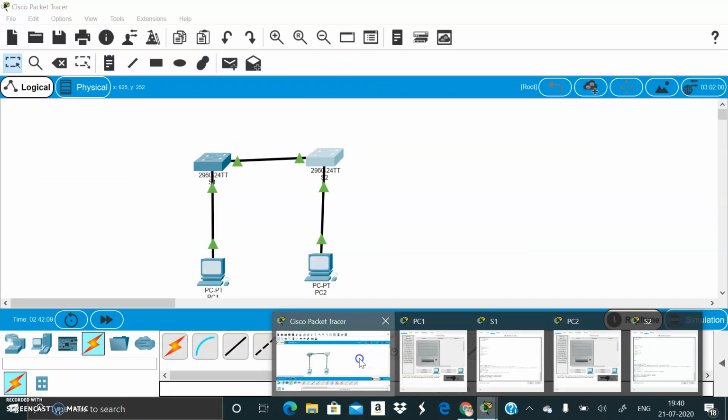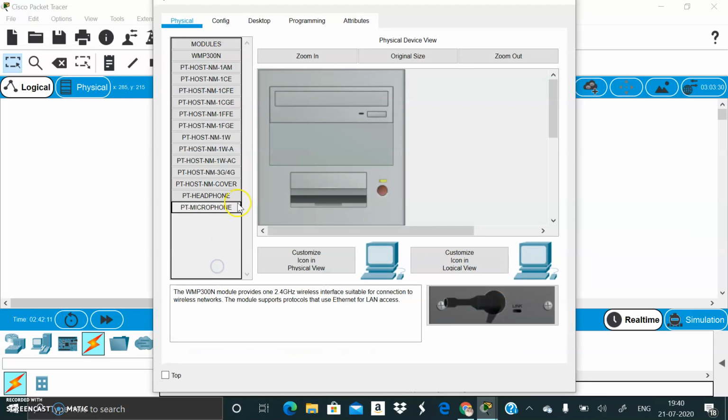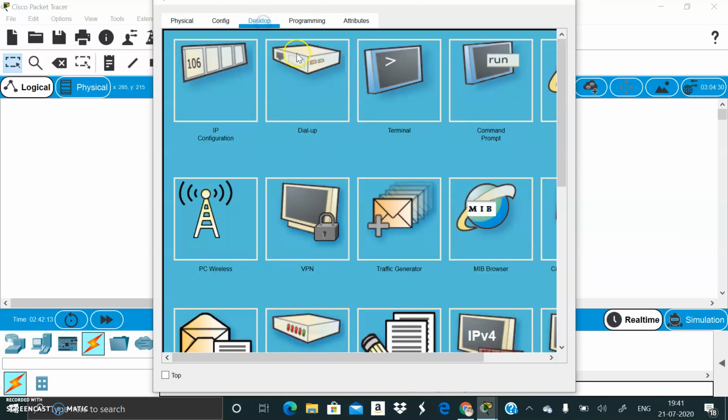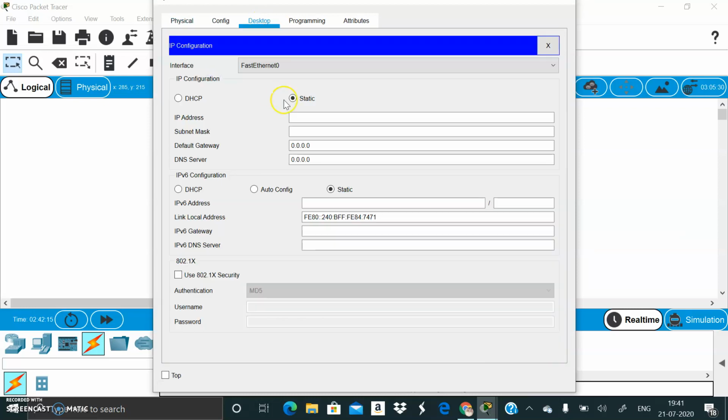First, click on the PC1, then go to the desktop mode, then to the IP configuration. The IP address for PC1 is 192.168.1.1 and the subnet mask is default to this IP address.